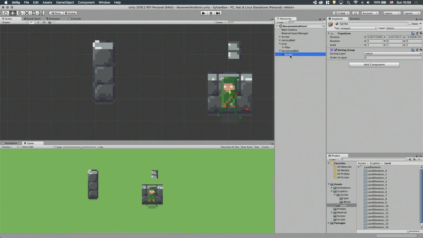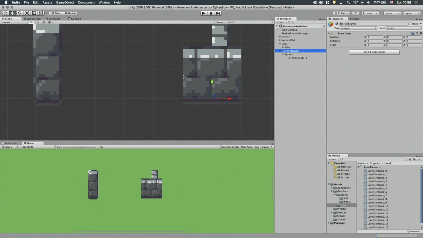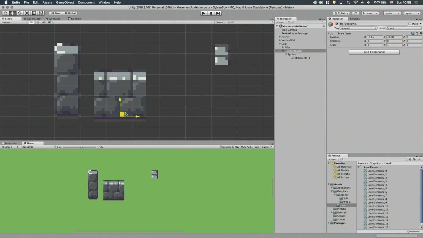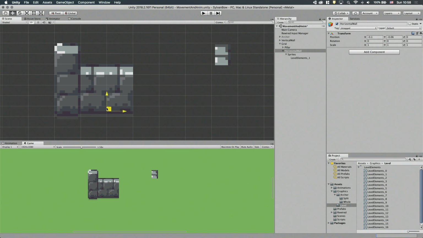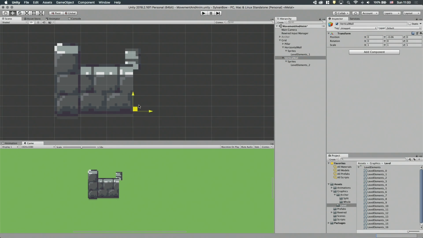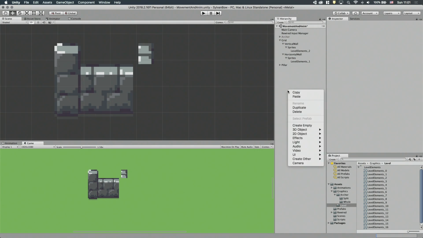We need to reset both of their positions and move it up by 1 pixel so it fits the grid just how we wanted. If we move this new wall into the grid, we can test if we've done it correctly. Now it has a new positional pivot point. We need to do the same thing to the vertical wall as well, which is a bit trickier because its pivot is way down compared to the actual sprite. I quickly tinker with these new positional pivot points, so every element fits on the grid in a way that their pivot point is on the grid's line and not in the middle of the cell.